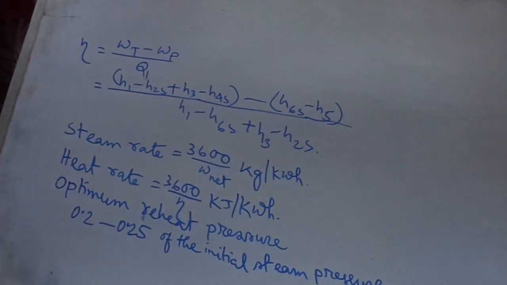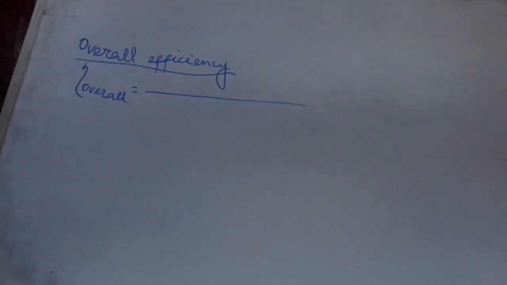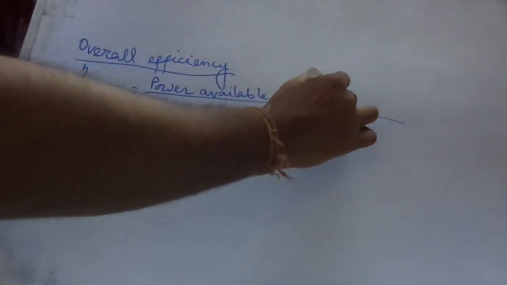Overall efficiency, eta overall, is equal to power available at the generator terminals